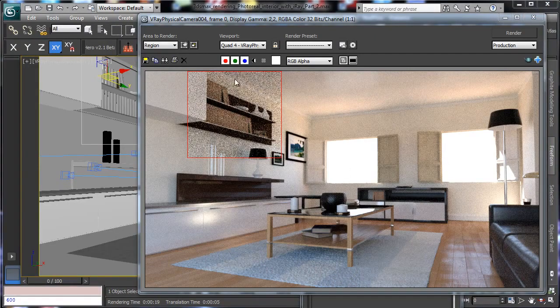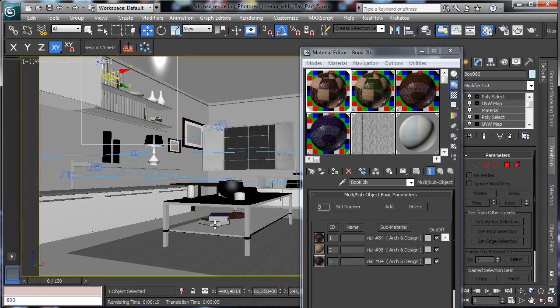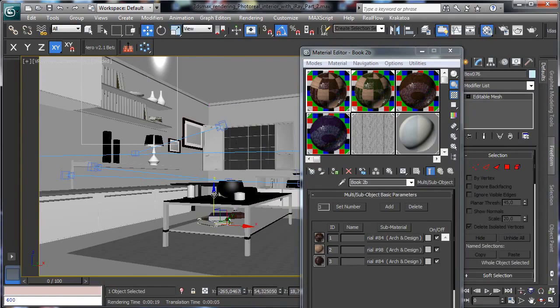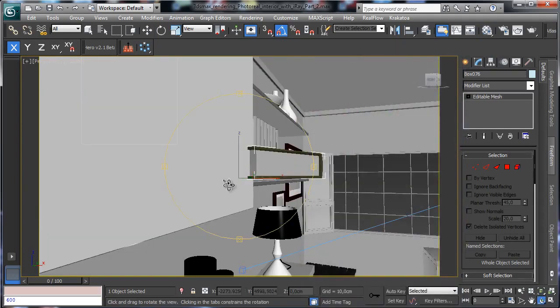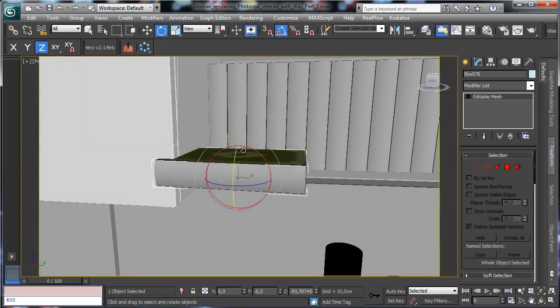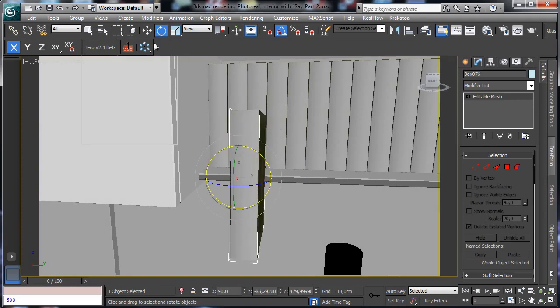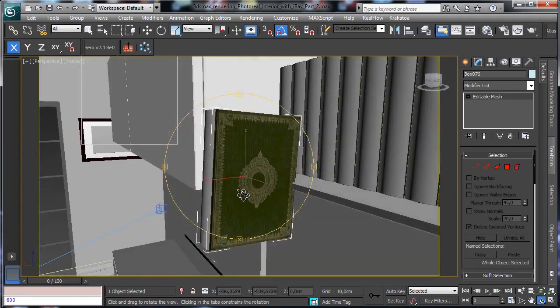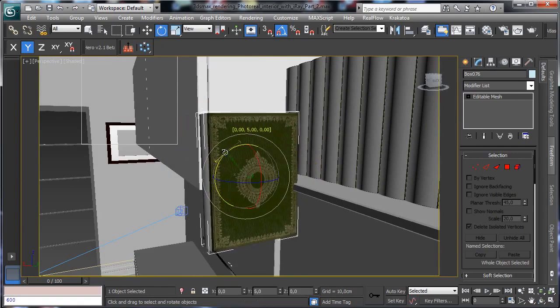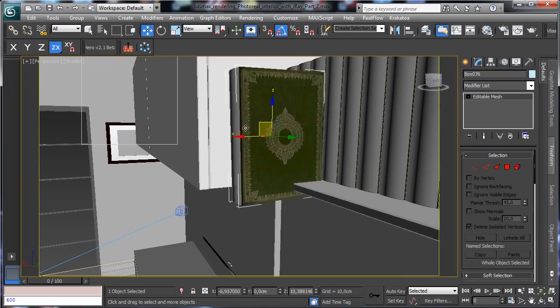No, okay, we have the problem with the face too, so the best thing is to make a clone from this one as a copy, and then move it there, and then we can use the perspective and we can start working on the book on this side. So see, we have to fix the rotation and we have to move it. Okay, so